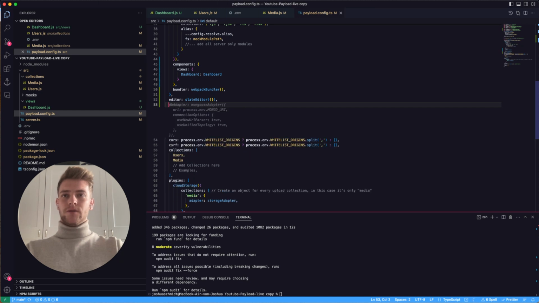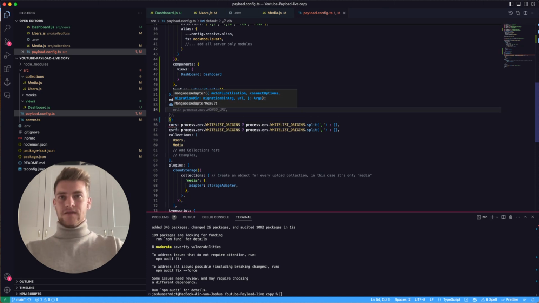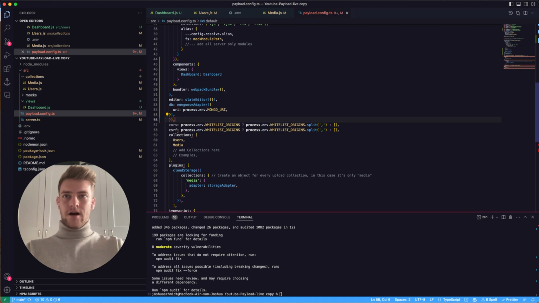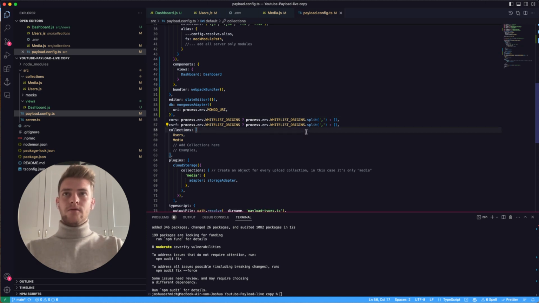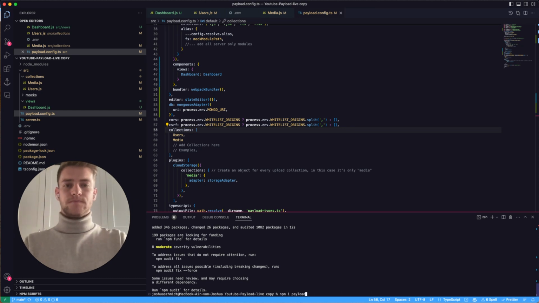And then we need to define the database, db. And for this we're going to use the Mongoose adapter. And the Mongoose adapter expects the resource URI right here. So we simply import it, but with the correct braces. And now, if we restart the project,